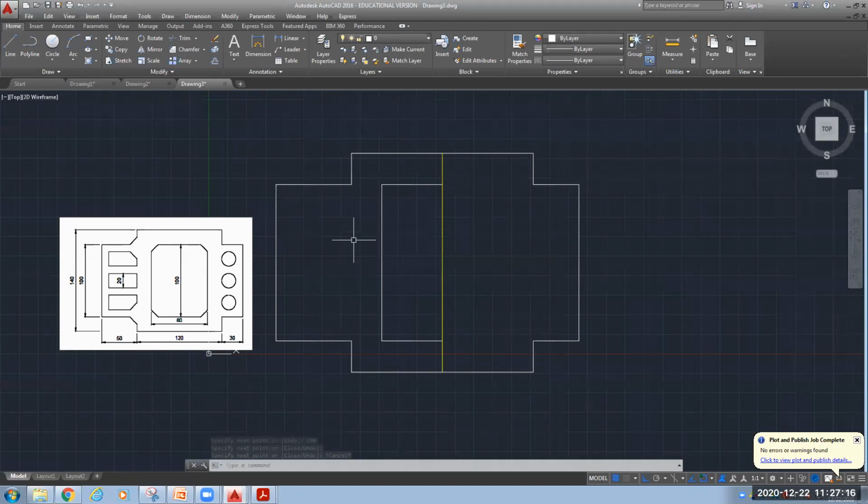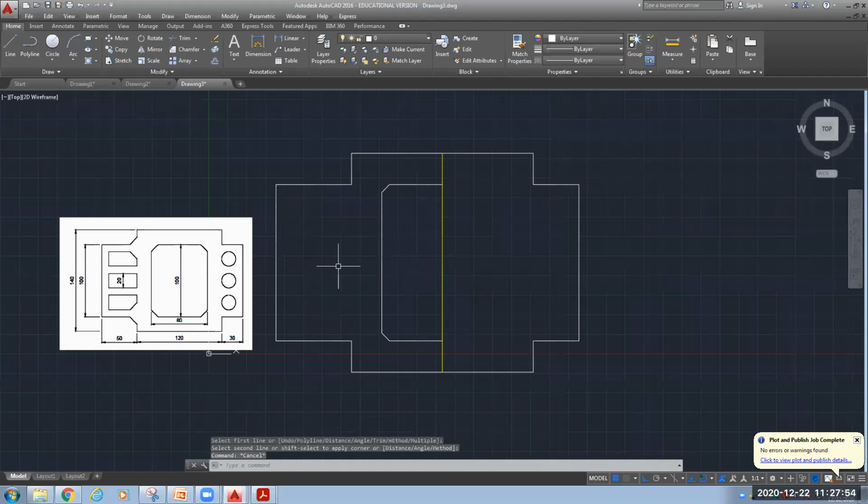Okay, so for this, what I will do before doing mirror, I will use the chamfer command to cut the corner point. Okay, so let's use it. This is your chamfer. First line, let's see what is the distance. By default, it is 0. So let's make it as 5. Second distance also 5. Now do the chamfer. Yes, we have done it.